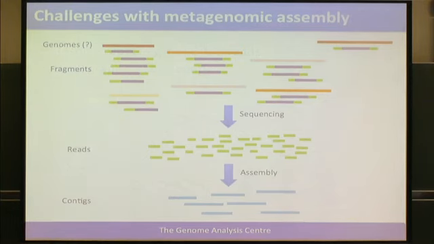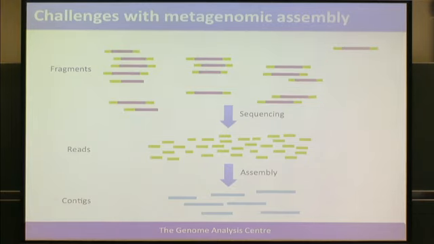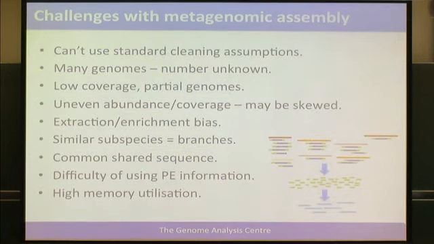So metagenomic assembly is a different situation. Instead of one genome, we've got multiple genomes. So instead of the one red line across the top, we've got these red, orange, and pink lines illustrating multiple genomes. But the key thing is we don't know what they are. We don't know how many there are necessarily, and our DNA fragments are not tied to those. We don't know in advance what they are. So we end up with a whole set of reads that have come from multiple organisms that we've somehow got to assemble into contigs. And so we can't use the standard assumptions that genomic assemblers make,